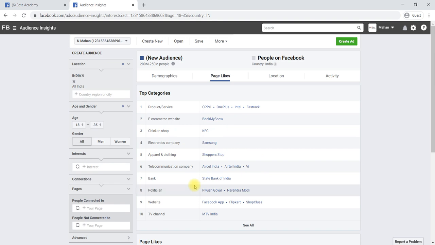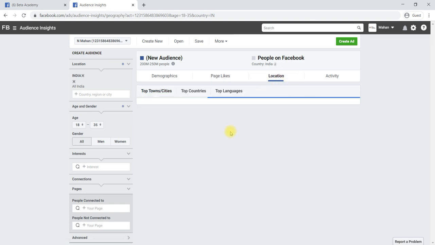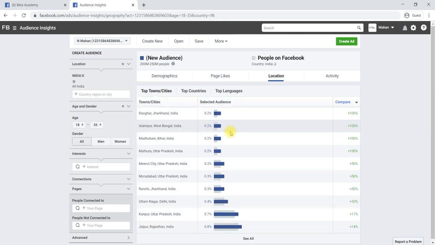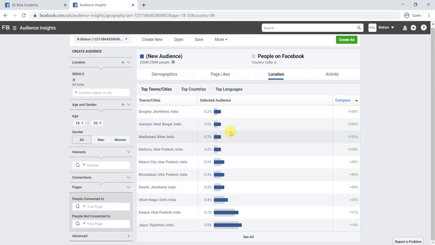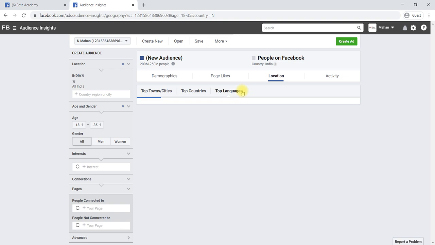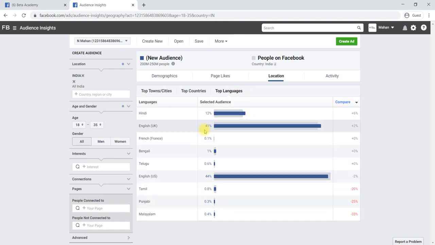These insights will help you to create your ads. In the sense, if it is not your cup of tea, you will drop placing an ad on Facebook, right? And location wise, top locations from where we can get most of the traffic. Like, city wise you can check. Top language wise you can check from where we can expect maximum traffic, which language-speaking persons are visiting our posts. You will come to know that. These are the things.